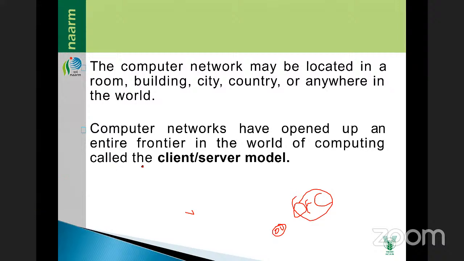Now the client server model. One server computer will be here, and all the nodes are other computers. Like that, 50 computers, 50 nodes are there. All the nodes will be connected to the server. This is called a node or client. Client means a computer. This computer is connected to all the computers, so each client is connected to the server. That's why it is called the client server computer model.